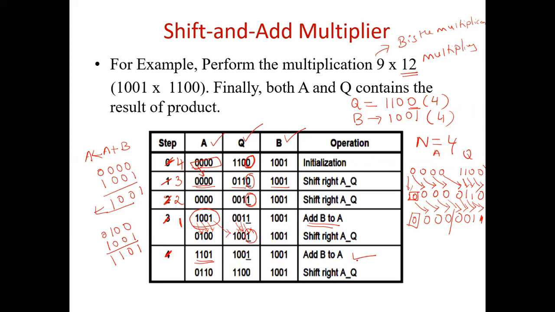Here I am performing add, and after that I have to shift. This 1 is shifted, this 1 is shifted, this 0 is shifted, this 1 will be shifted, this 1 will be shifted, this 0 is shifted, this 0 is shifted. Again this value will be moved, and here an empty box will be created, which I will fill with 0. Again n becomes n minus 1. Now n value becomes 0.